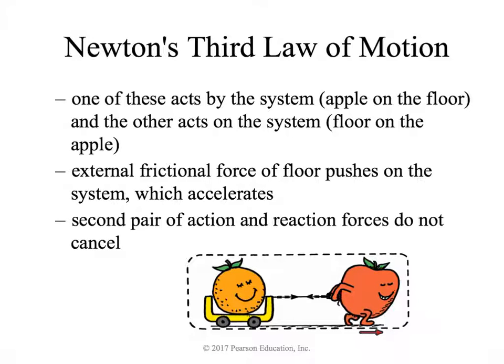So the external friction force of the floor pushes on the system, which causes it to accelerate. The second pair of action and reaction forces do not cancel. Those two forces are the force of the foot on the ground and the force of the ground on the foot via friction,